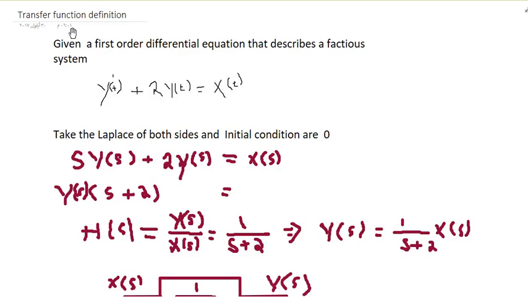Transfer function definition here. Given a first-order differential equation that describes a fictitious system, and the differential equation is the derivative of y(t) plus 2y(t) equal x(t). Now, if we take the Laplace of both sides and set the initial conditions to 0, we get this from